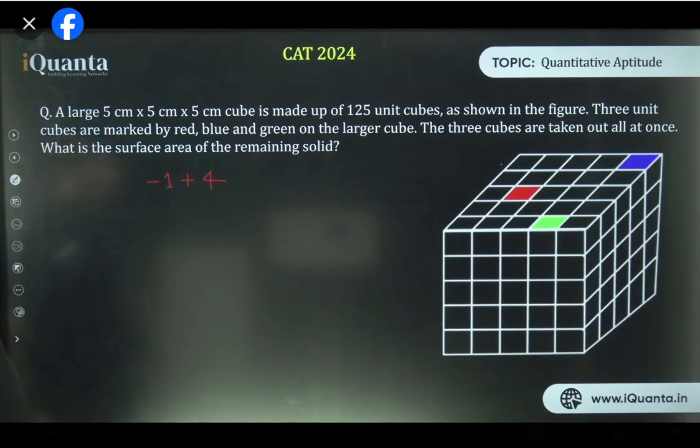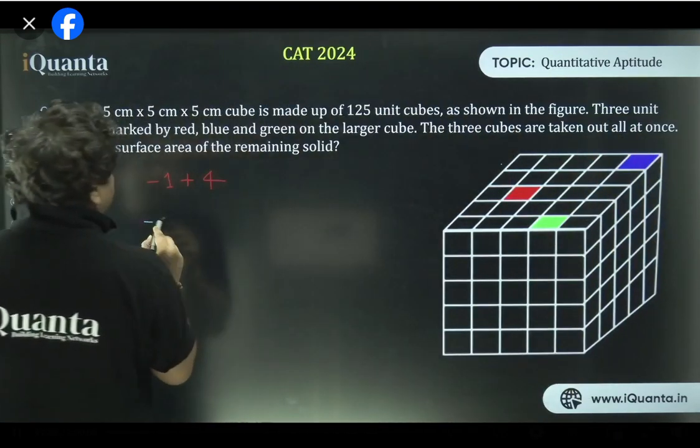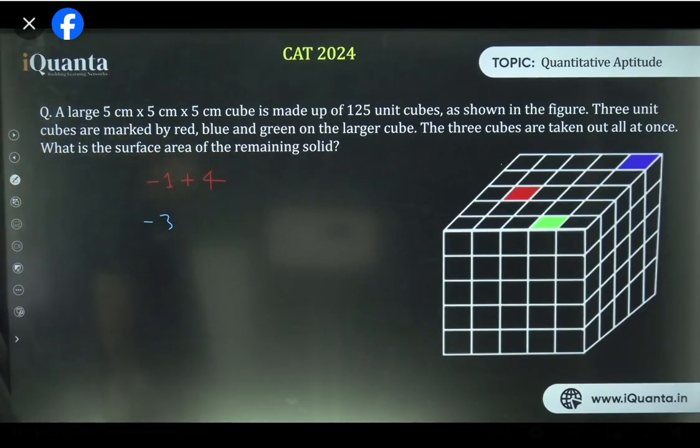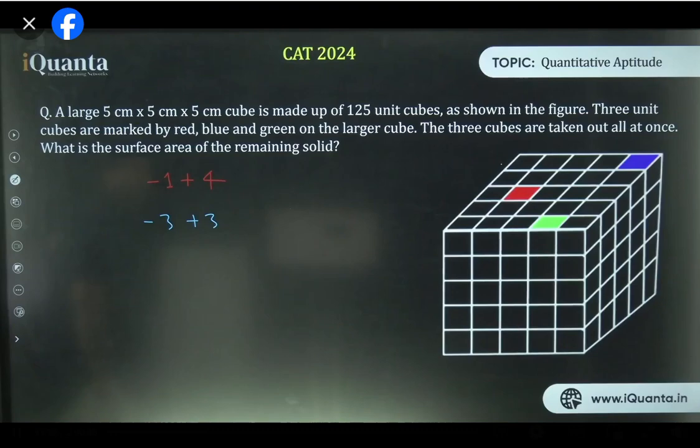For the blue one, 1, 2, 3, 3 go away. And how many new are coming? 3 new are coming. Yes or no? Is that clear, everyone? Blue imagine कर पा रहे हो, vertex पे, on the vertex we have 3 surfaces exposed of that blue cube. निश्चित भाई neighbor cube के surfaces होंगे, faces, not the sides. In the blue this is going to happen. 3 go away and 3 new are born.